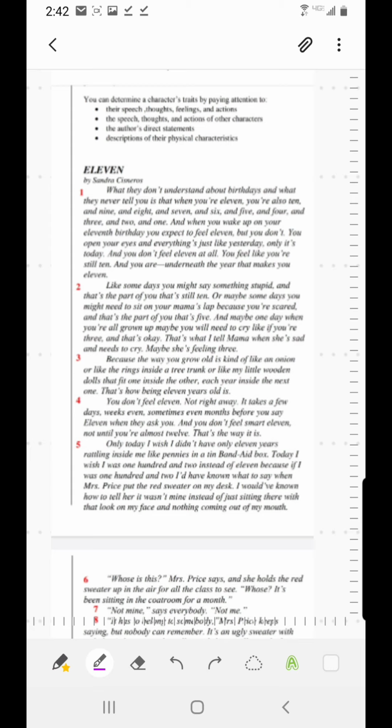And so "Eleven", not the Eleven that you're thinking about from Stranger Things, which is kind of what I thought the first time I looked at this, but obviously that didn't make any sense because Eleven wasn't around in 1995. This is actually the story of a protagonist. Her name is Rachel, and she wakes up on her 11th birthday, and she has these thoughts running through her mind and an event that occurred that really impacted her.